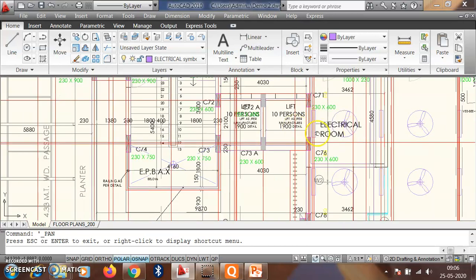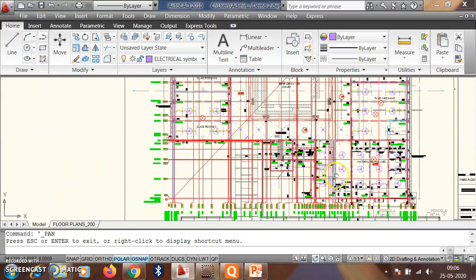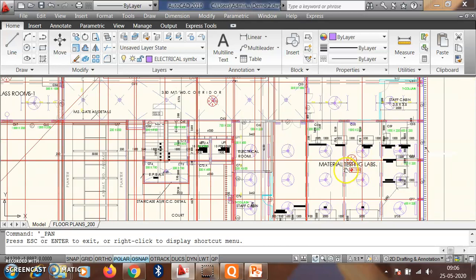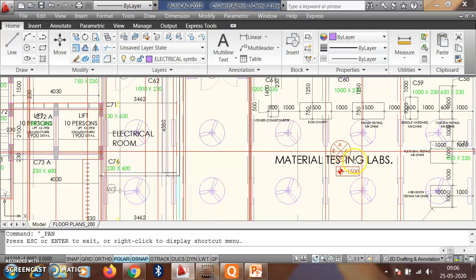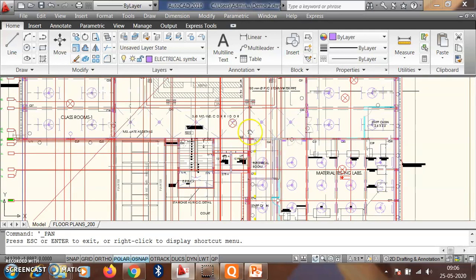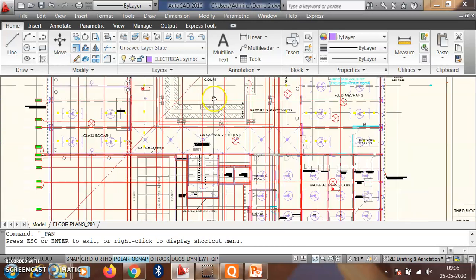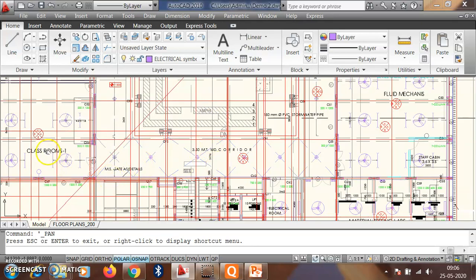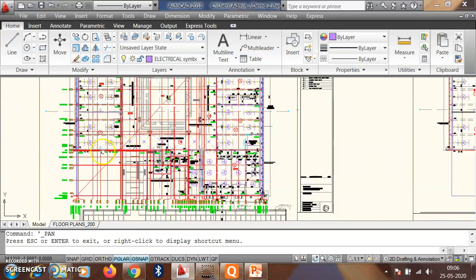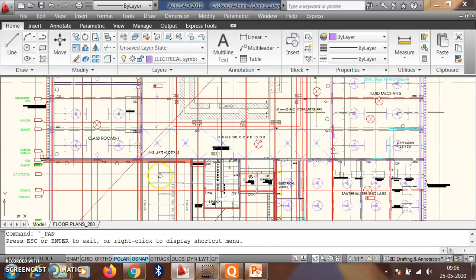Then electrical fittings, all these things are displayed here. And some symbols are given here, these are the symbols according to different practices. Then text is there. So this is the drawing of the academic building.